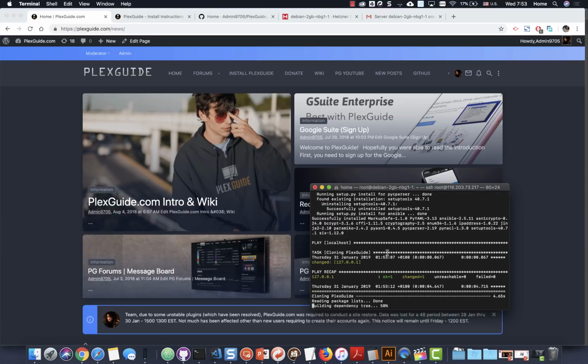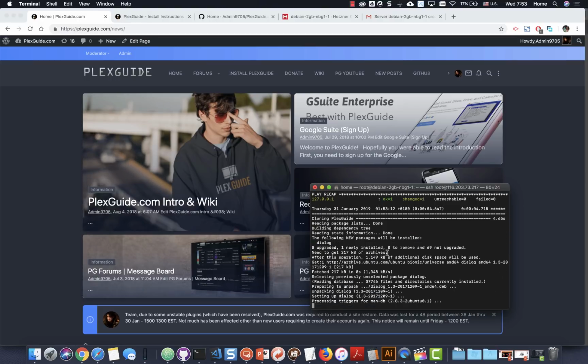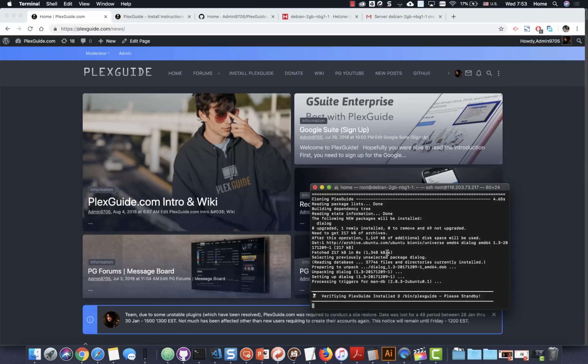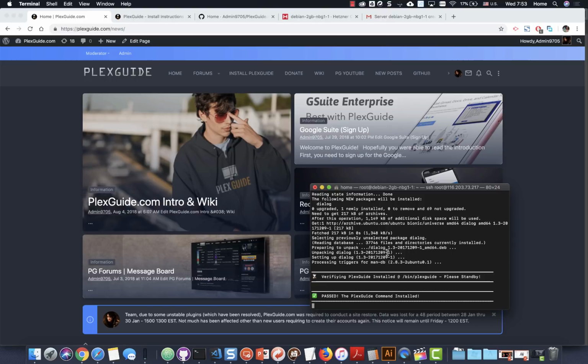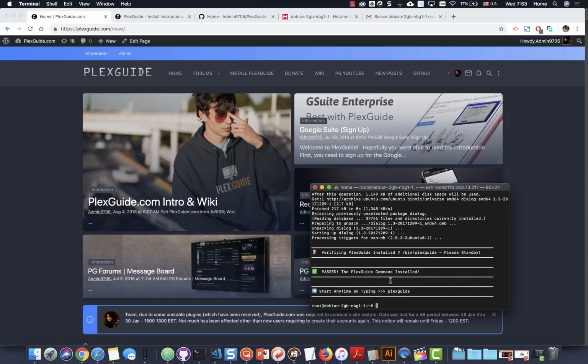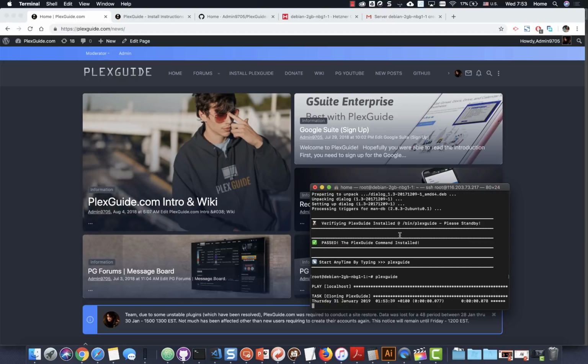Okay, so it looks like it's cloning, and it's downloading the newest base installer copy for us, so that makes it easy. See, so install the Plex Guide command. If the Plex Guide command fails, which is almost impossible, the only way it's failing is because you have a bad operating system, something that's just completely unsupported. So I built some sanity checks into this program. So if it's failing on you, trust me, there's a reason. And again, what I tell people is if things are failing,